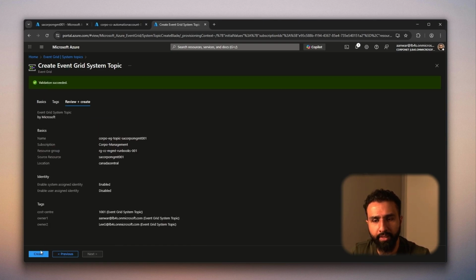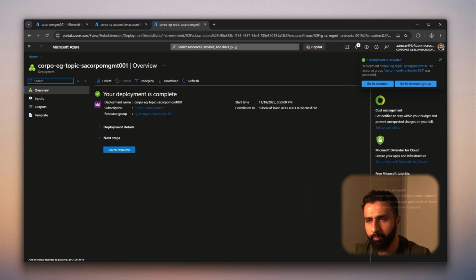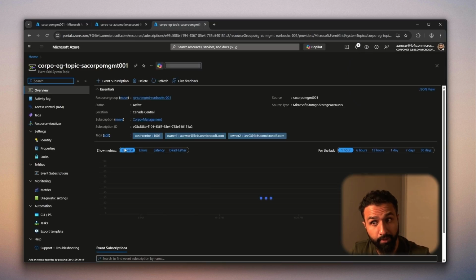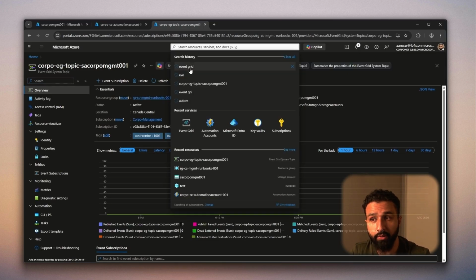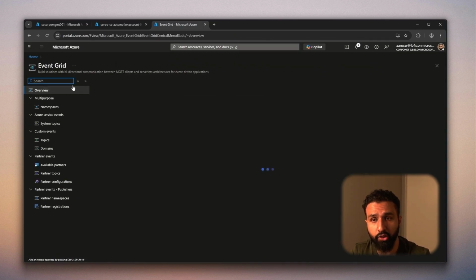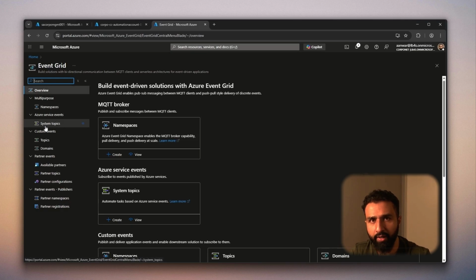Hit review and create, validation pass. Let's move forward. Okay, our resource is done. I'm going to hit go to resource and it's going to open our topic. Now, if I go back to that page I had initially opened called Event Grids, and if I click system